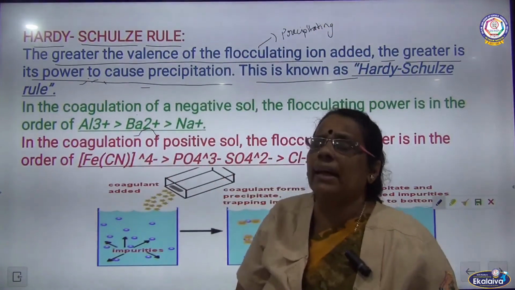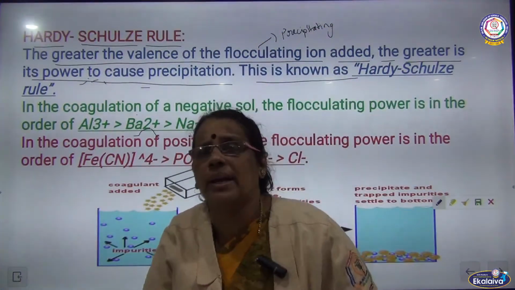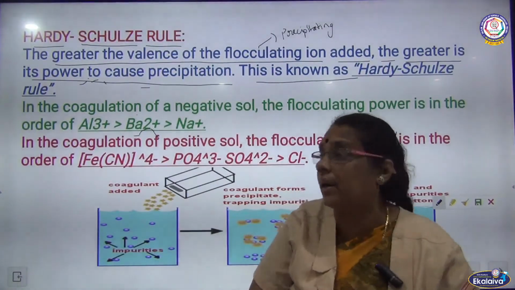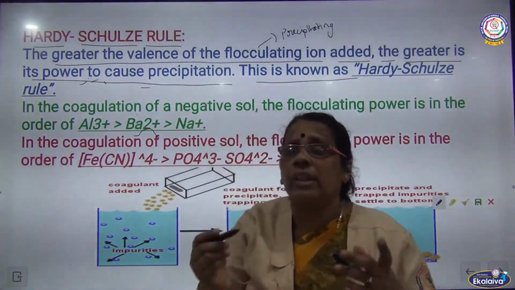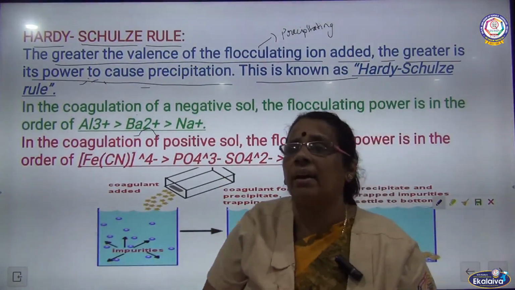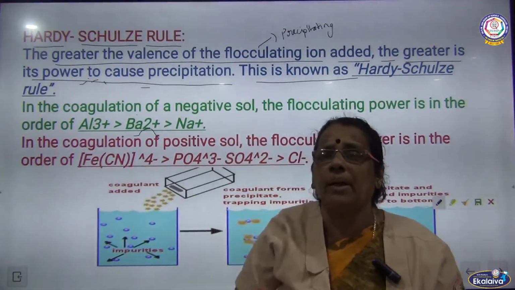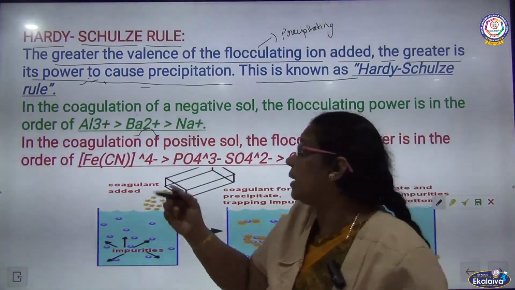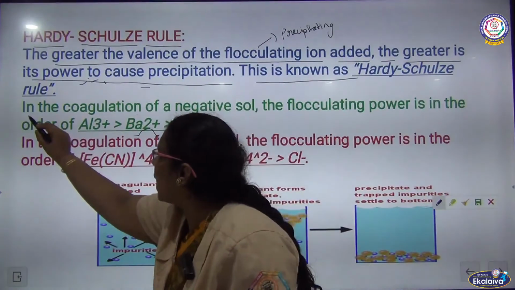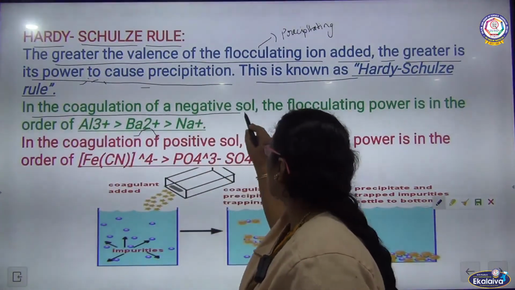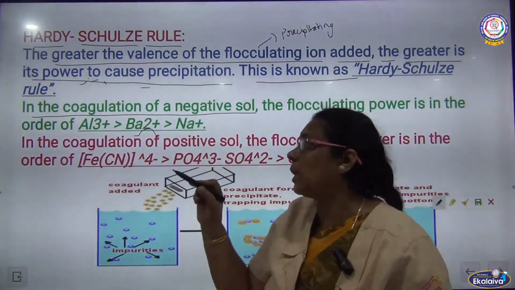So the greater the valency of the flocculating ion, the precipitating ion, the greater will be the power to cause precipitation. So when the valency of the precipitating ion is greater, what is happening? The precipitation is also greater. So we can call this rule Hardy-Schulze rule. So in the coagulation of a negative sol,